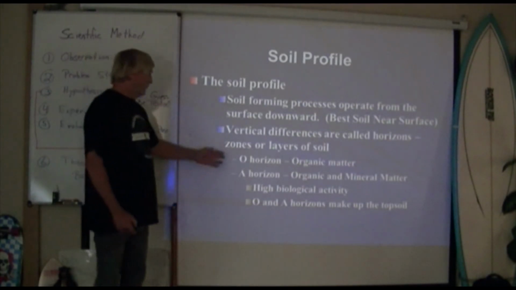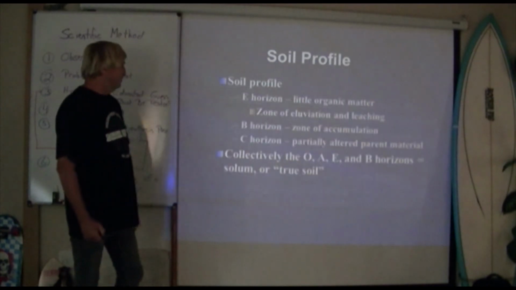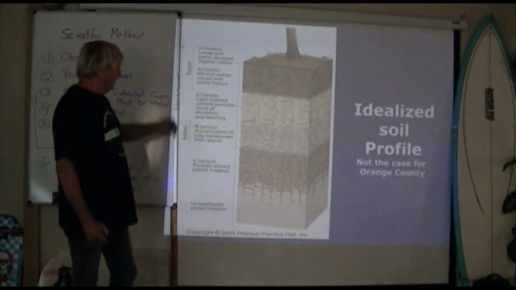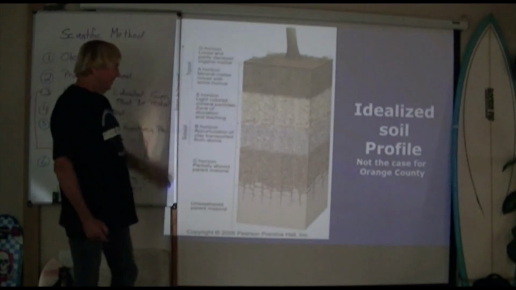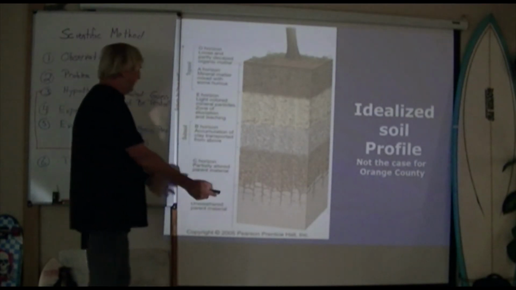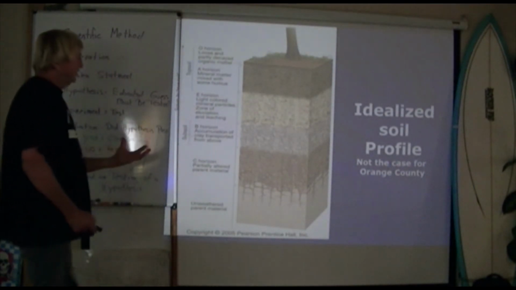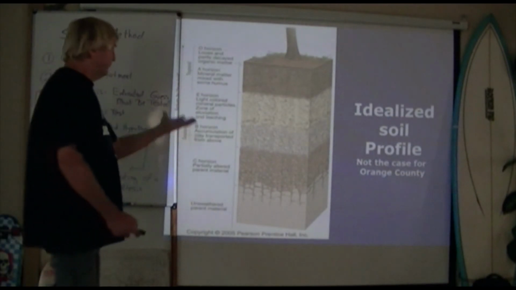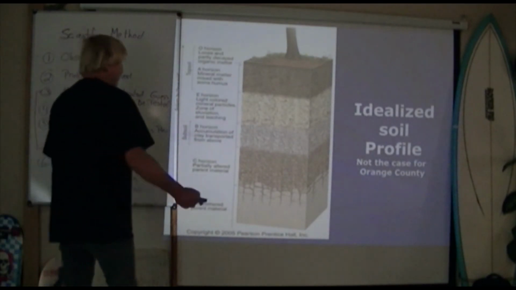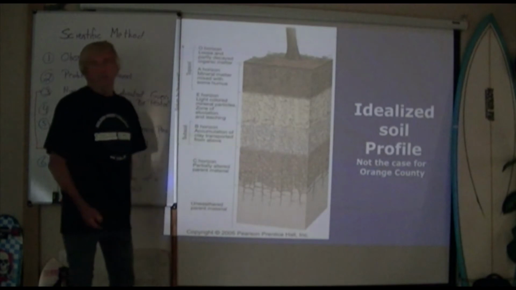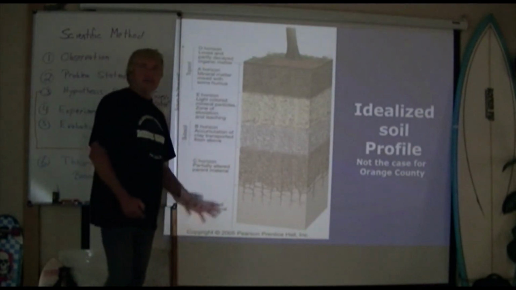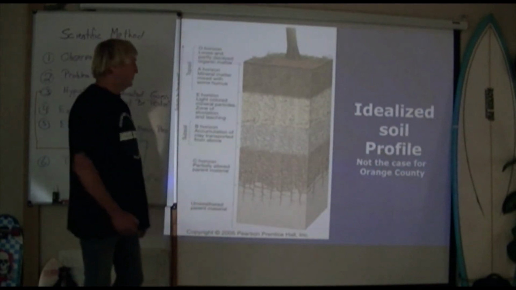So there's different horizons, so I'm just going to go to this picture. I think it shows it very well. So here's an ideal soil. Not the case for Orange County. So for a really good, idealized soil, where would you find something like this? Certainly in the Midwest, in Ohio, places like that. Maybe in the southeastern United States, in places like Georgia,